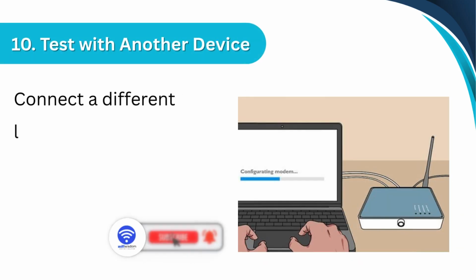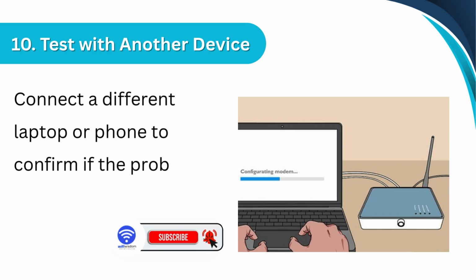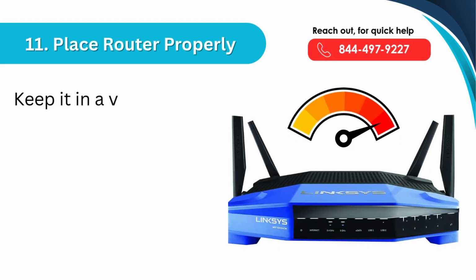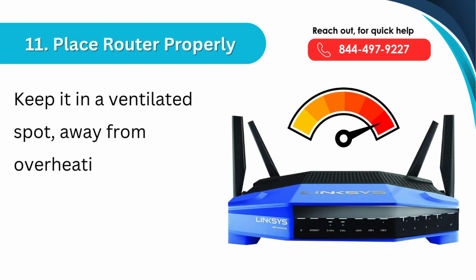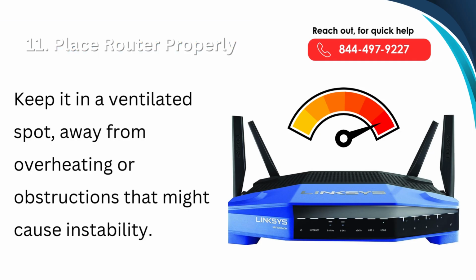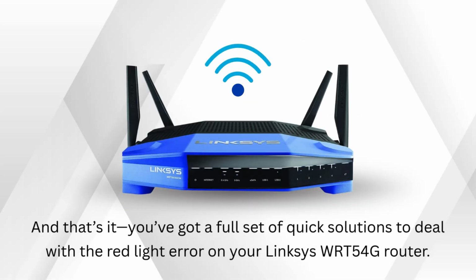10. Test with another device, connect a different laptop or phone to confirm if the problem is with the router or your computer. 11. Place router properly, keep it in a ventilated spot, away from overheating or obstructions that might cause instability. And that's it, you've got a full set of quick solutions to deal with the red light error